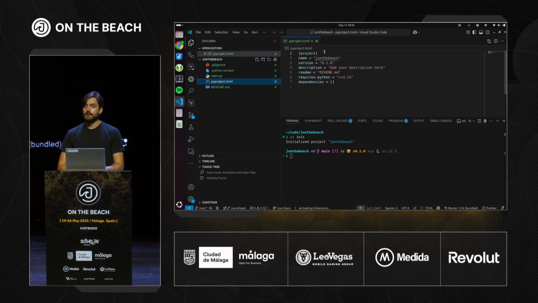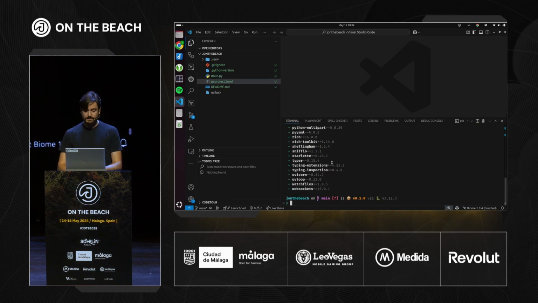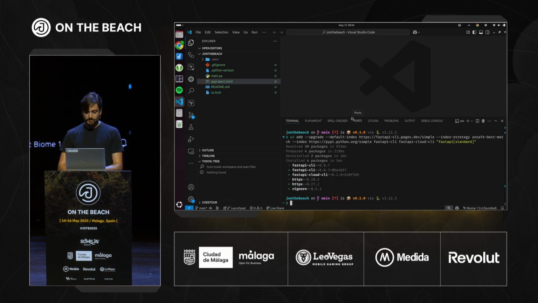This is how you configure the project. I'm teaching everything from scratch for Python. I'm sorry for the ones that already know all this stuff, but for all the other people that have not seen a line of Python, we have to show that. Nice. Now we're going to say uv add fastapi standard. So we're just going to install the regular FastAPI. For the demo that we are going to do, we're going to use some preview thing, so I'm going to install something else, but you will not have to install this afterwards.